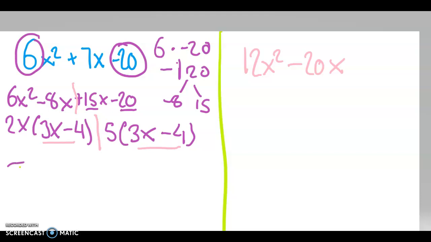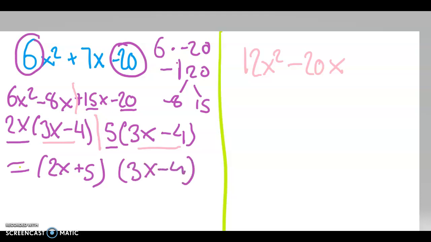So for our final answer, we will be putting our two numbers on the outside into a bracket. So (2x + 5), as that is one of the factors, and then we will be putting one of our expressions from the brackets. They're both the same, it doesn't matter which: (3x - 4), which will give us our final answer in factored form. Now moving on to our next equation,